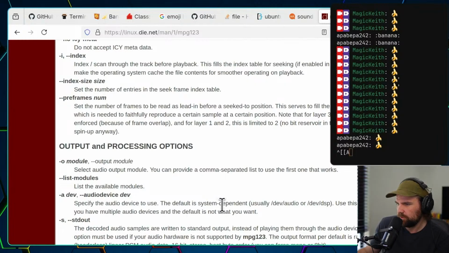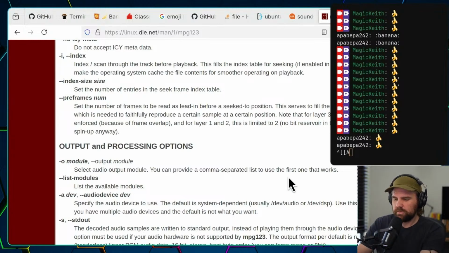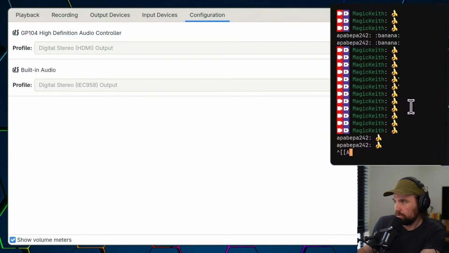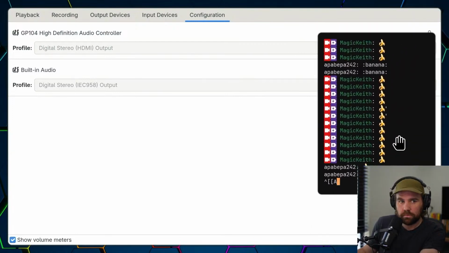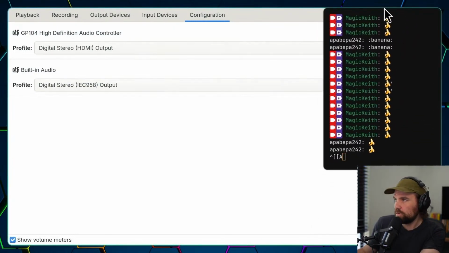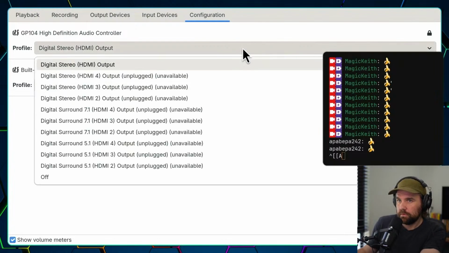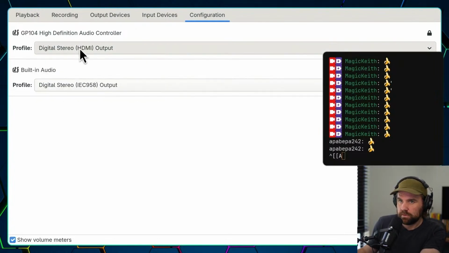The device is system dependent, usually /dev/audio. This is optional if you have multiple audio devices, and the default is what you want. How do you say default? How does one set a default? Because that's my current.